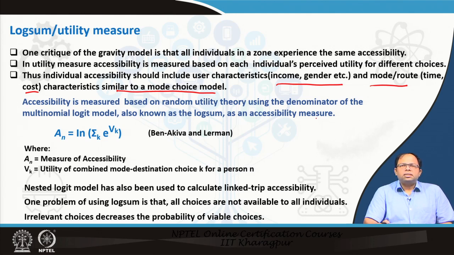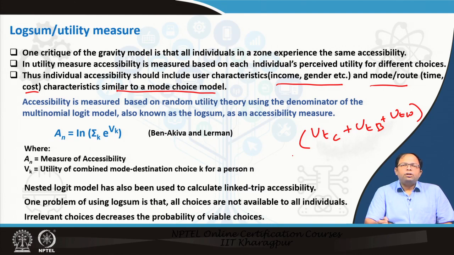So we will discuss this in detail later on, but understand this: if I have utility for one mode, suppose this is car, and then we have got utility for bus, then utility for walking. So these utilities are all for different modes. So when we are talking about accessibility from a particular zone, the summation of all the utilities for different modes is taken into consideration, and then based on that we develop that particular accessibility measure.